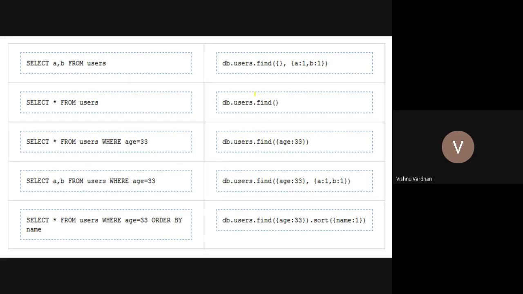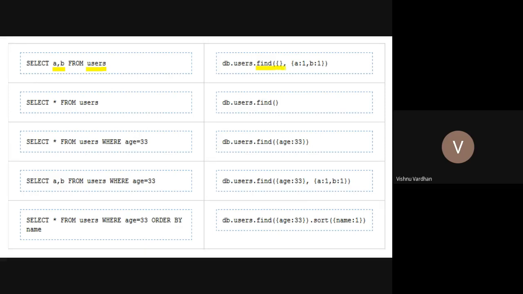Then select, this is the select command. So we need to use this find method, and this find method is going to retrieve the data. There is some difference that is shown here, how to select individual columns, because your users table may be containing some 15 columns, and only 2 columns you are right now interested to fetch. So they can be provided in this way.